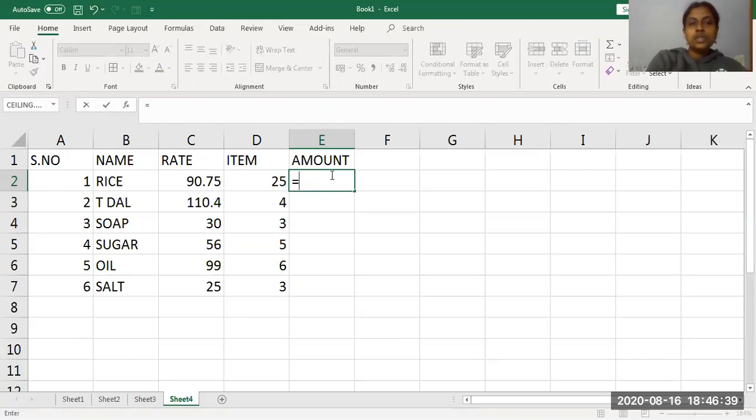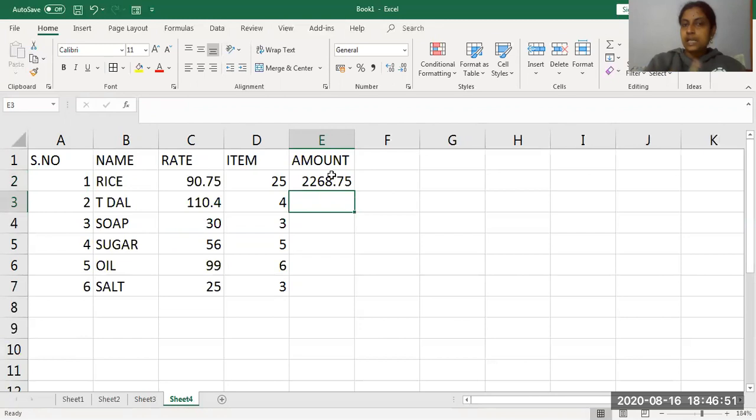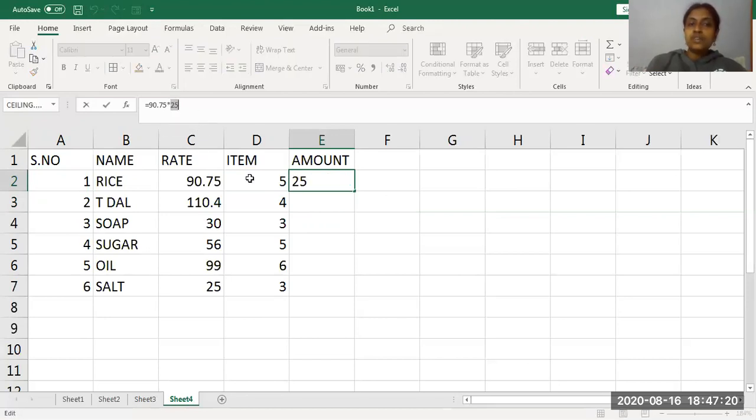If you want the amount, you need to multiply the rate by the items. For this, you should not put 90.75 into 25. If you put it like this, you will get an answer. I'm not saying you won't get an answer. The problem is, if you use this, it becomes a calculator, and any changes, for example, if I change from 25 kgs to 5 kgs, won't be reflected. Able to understand? When I use Excel it should be user friendly. When I change my value, the result should also change. But when I use this direct value method, it uses the value I specified. If you look into the formula, still 25 only is there. 5 it is not considering.